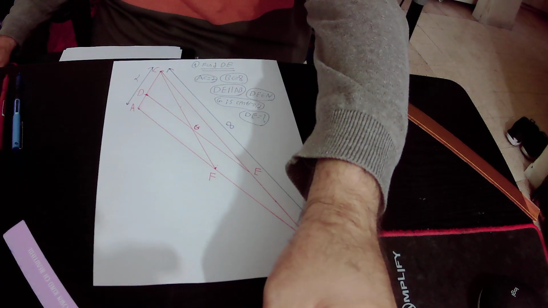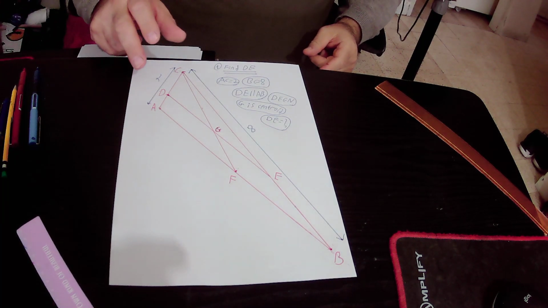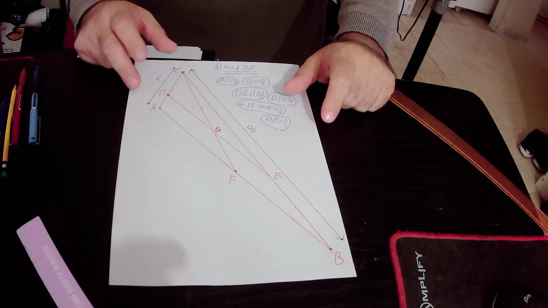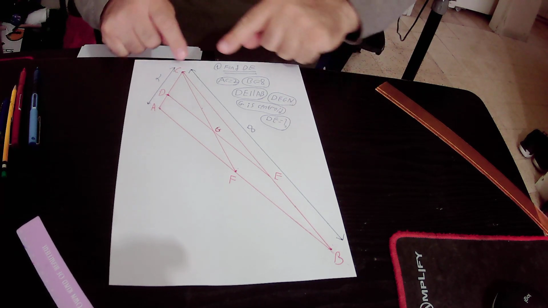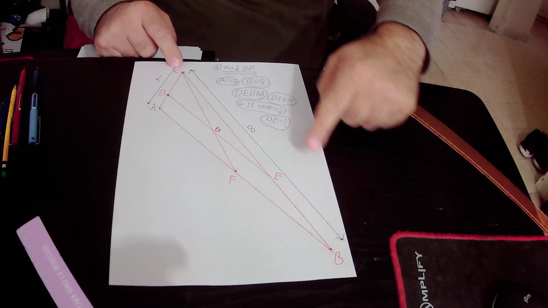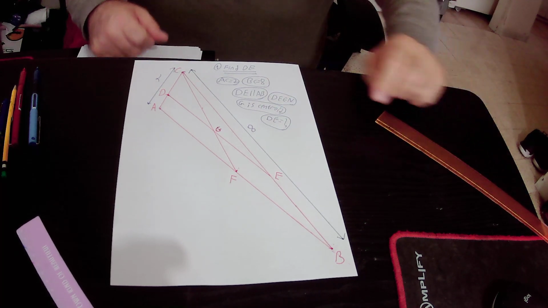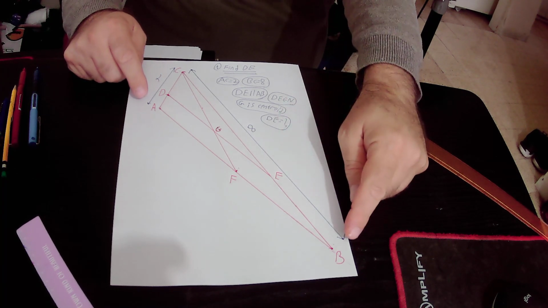Hello, in this lecture we will find the value of DE. In the drawing we have triangle ABC. We know that side AC of triangle ABC equals 2 units, side BC of triangle ABC equals 8 units. We also know that line segment DE is parallel to AB,